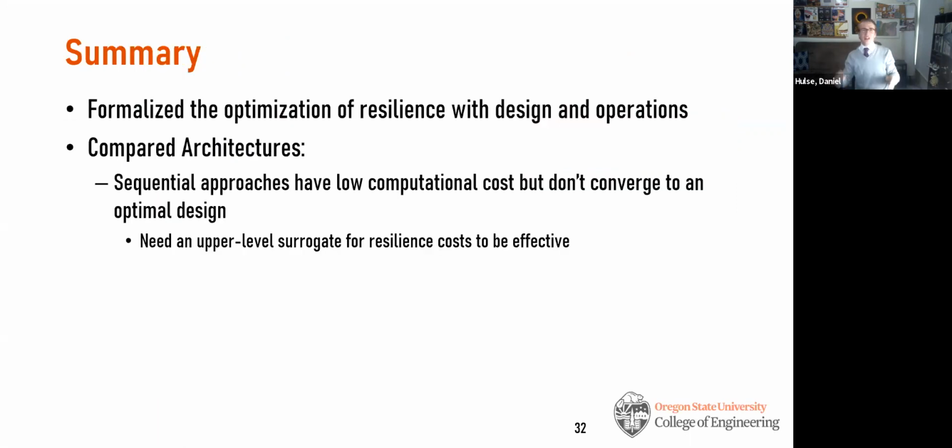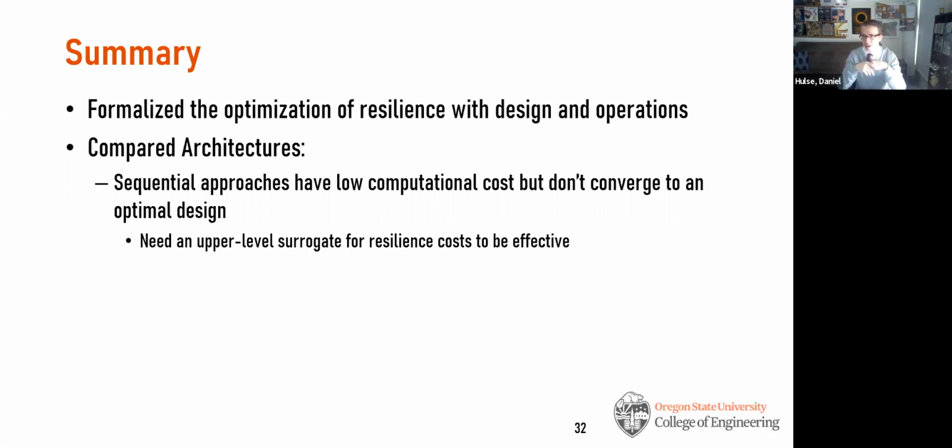So in summary, in this chapter, we formalize the optimization of resilience with design and operations in a unified framework. And then we compared different architectures within this formulation of the problem. And we found that first, sequential approaches have low computational costs, but they don't necessarily converge to an optimal design. We think that probably in order to work, they need some sort of upper level surrogate of resilience